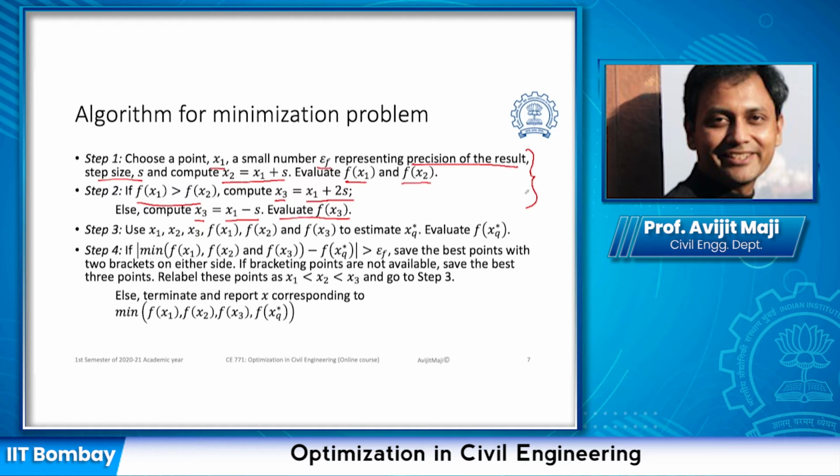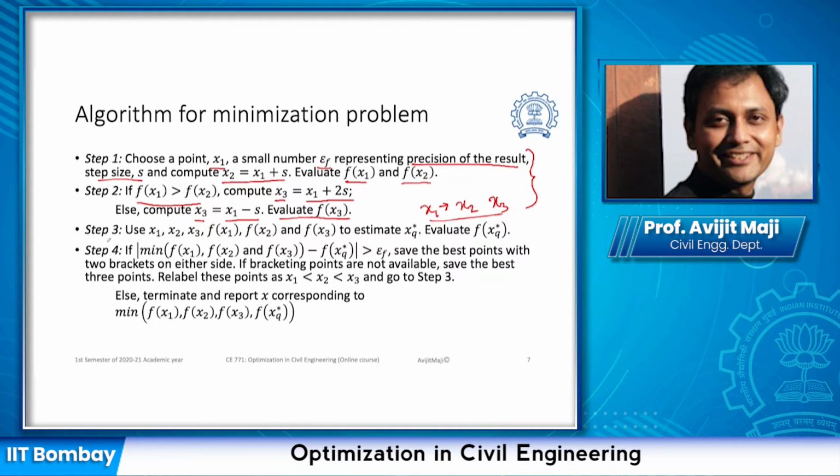By any chance, if we use the bracketing methods which we discussed earlier and already have found the bracket, then we can use the bracket information and choose x1 as one end of the bracket and x3 as the other end of the bracket, and in between we can choose another point x2, which will represent the intermediate point. Once we have these 3 points,